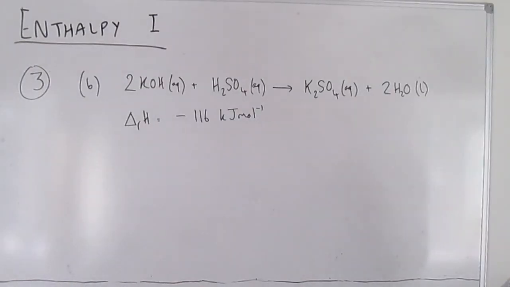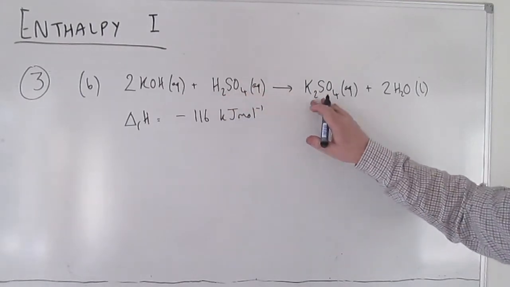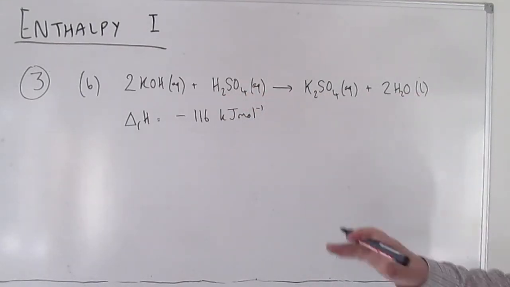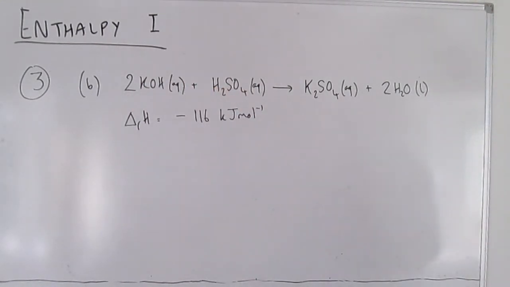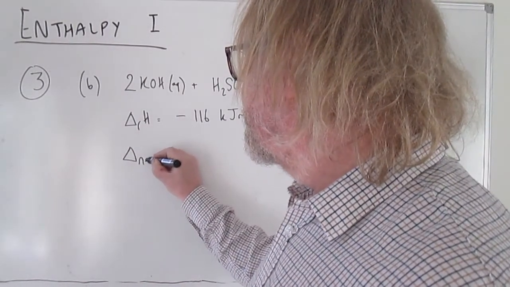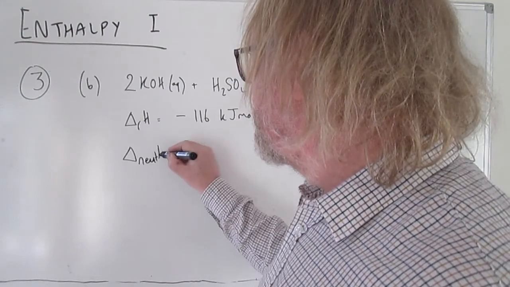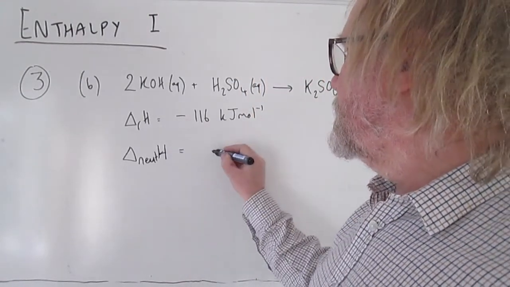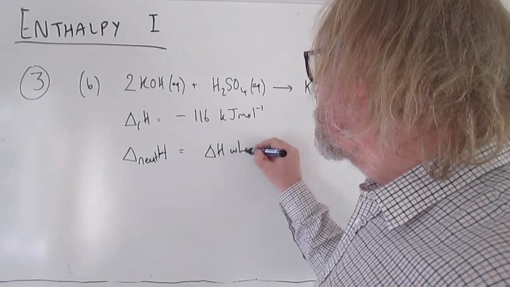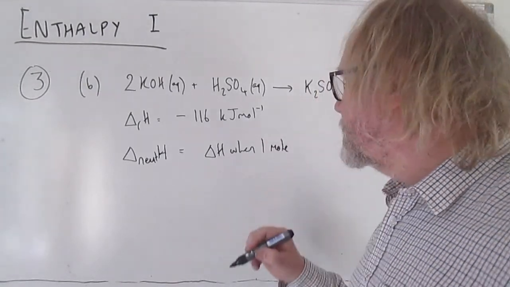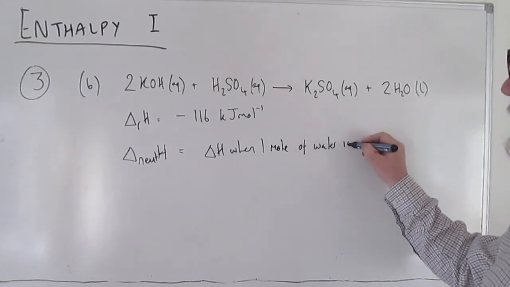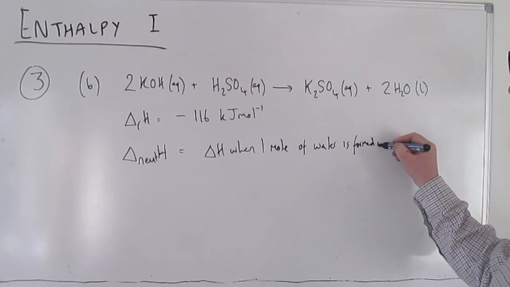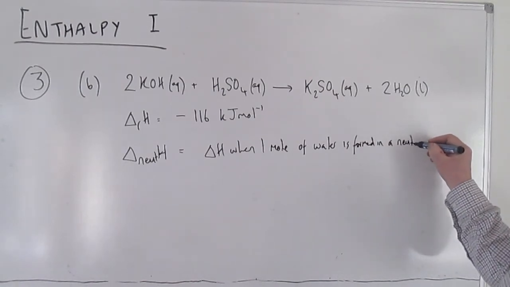3b is a neutralization reaction. Okay, so alkali plus acid goes to salt plus water, and it gives us again the enthalpy change of reaction, which is when 2 moles of KOH reacts with 1 mole of sulfuric acid. Now enthalpy change of neutralization, which we could I guess write like this, is equal to the enthalpy change when 1 mole of water is formed. So it's a very particular way of defining it, when 1 mole of water is formed in a neutralization reaction. And the reason it's defined like that is because